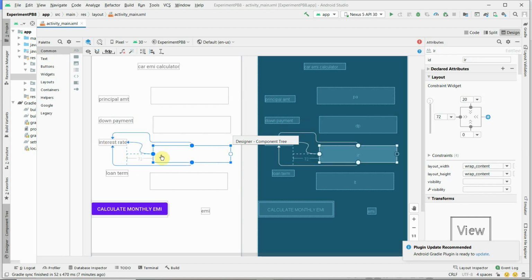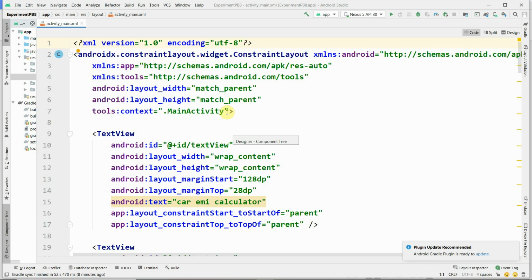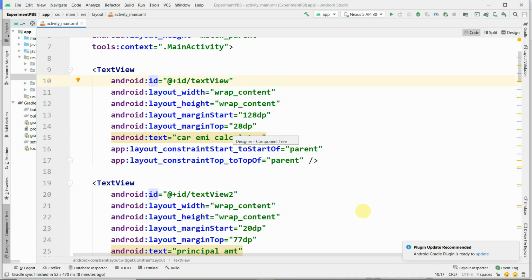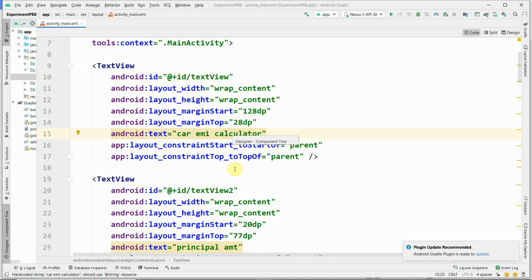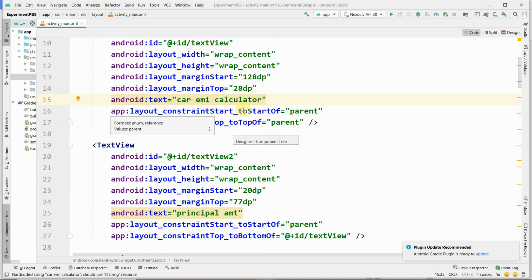If you see the XML code, which is automatically generated, the text view ID is taken as text view, and the text we have given is car EMI calculator. You can see the constraints: start of text view to start of parent, and top of text view to top of parent.